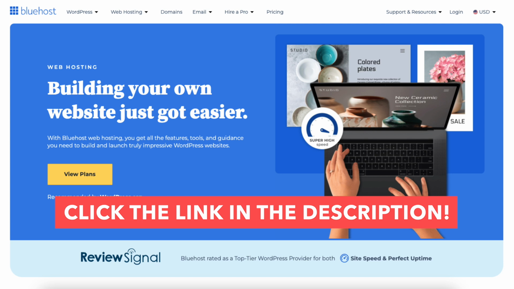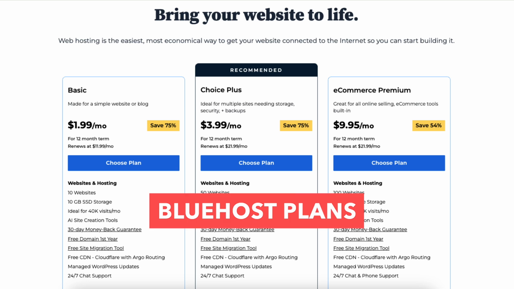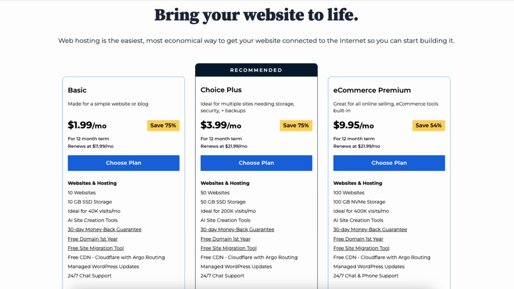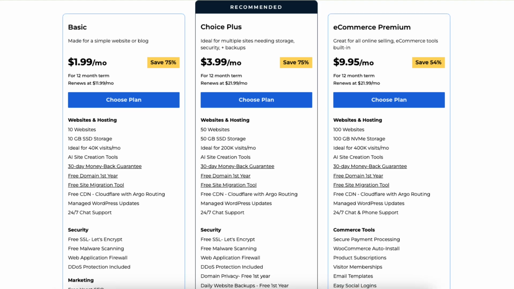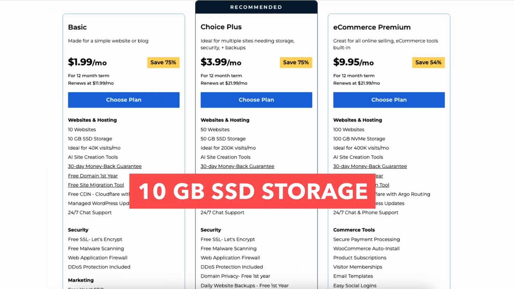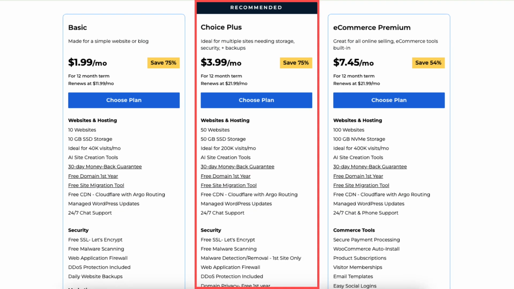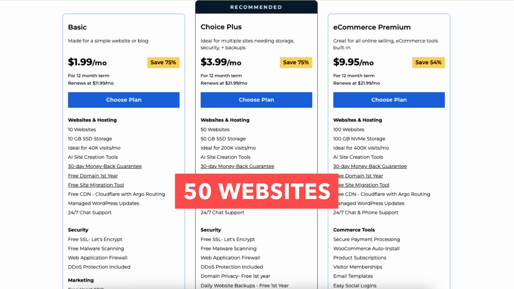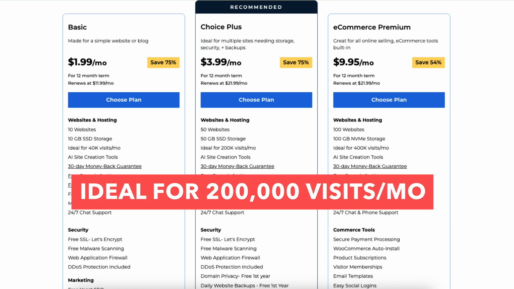Once you click the link in the description below, you'll be on the Bluehost page. Click the View Plans button. You'll now be on the Bluehost Plans section. You'll see 3 different plans you can choose from: the Basic, Choice Plus, and E-commerce Premium plan. The Basic plan comes with 10 websites, 10 GB SSD storage, and is ideal for 40,000 visits per month. The Choice Plus plan comes with 50 websites, 50 GB SSD storage, and is ideal for 200,000 website visits per